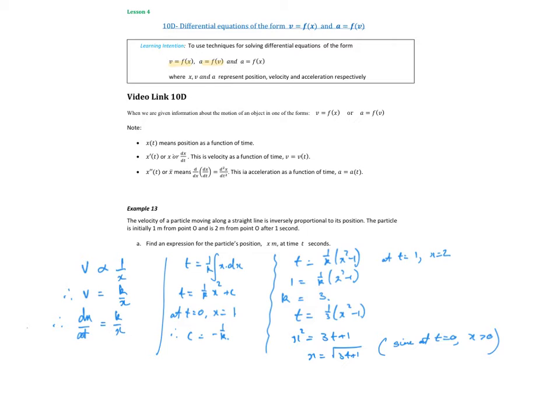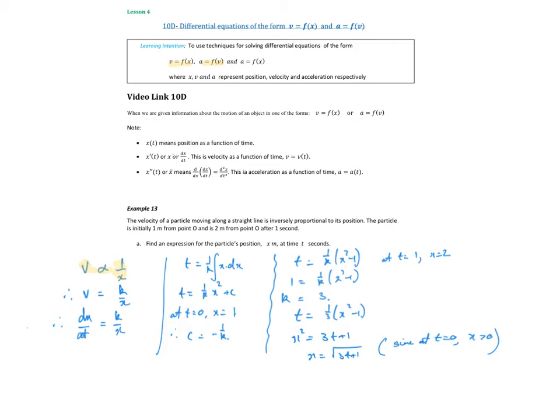All right, so if we have a quick look in here, the velocity of a particle moving in a straight line is inversely proportional to its position. So if it was proportional, it's just y equals mx plus c. Inverse, 1 on x. So in other words, v is equal to k on x. Now we don't often get the information given to us in a statement like that. Often they'll give us velocity is equal to some k on x. Okay. So clearly again,